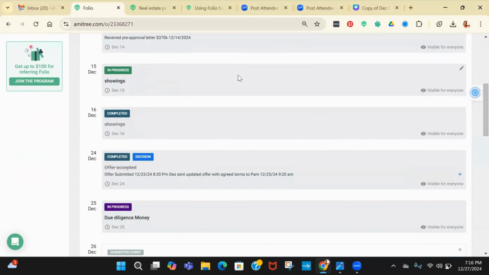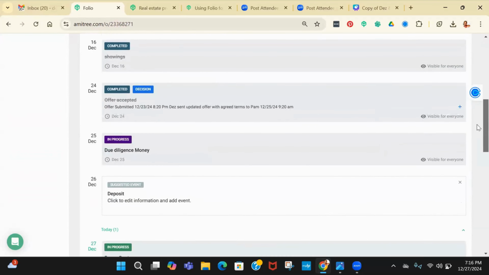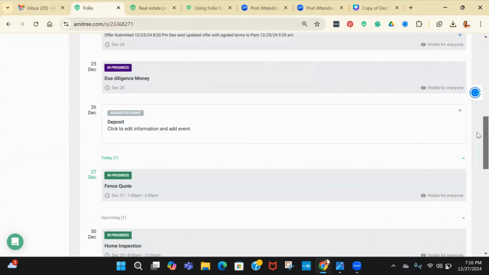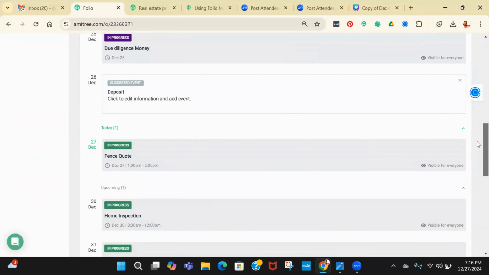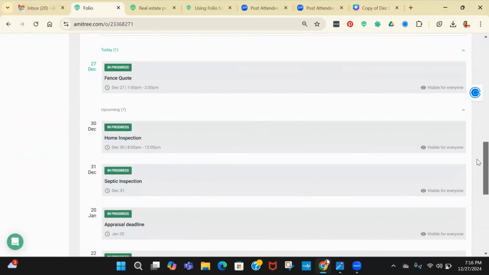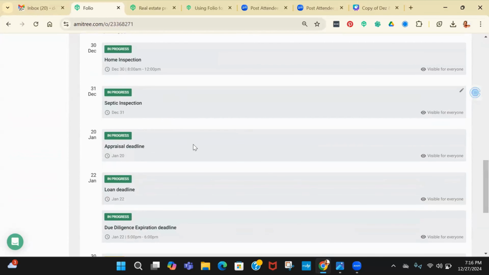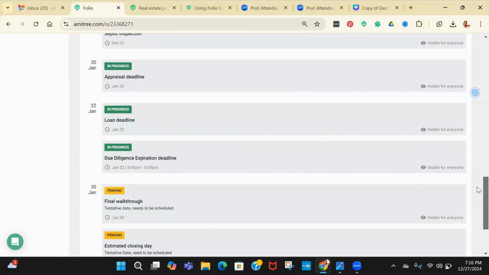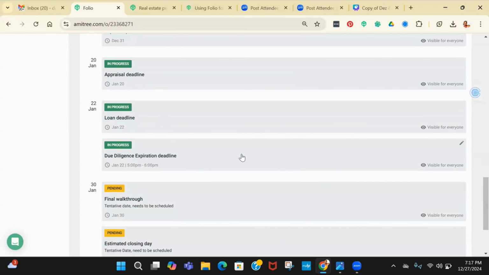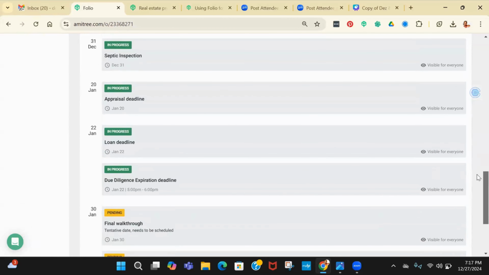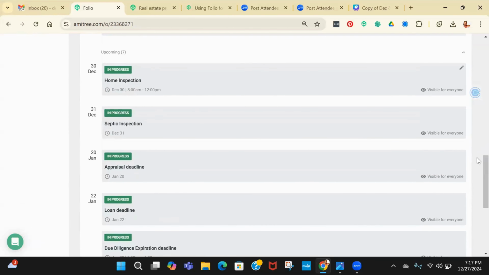Let's see, showings, completed showings. Okay, so offer accepted. We're in due diligence now. My client's going to be getting a fence quote, so that's in there. Home inspection, septic tank, appraisal deadline, loan deadline, due diligence expiration, final walkthrough, and estimated closing. Now, when you go in here,